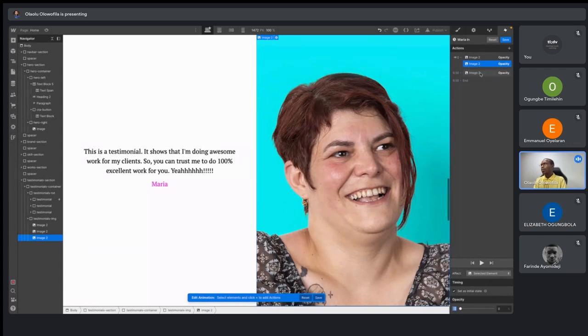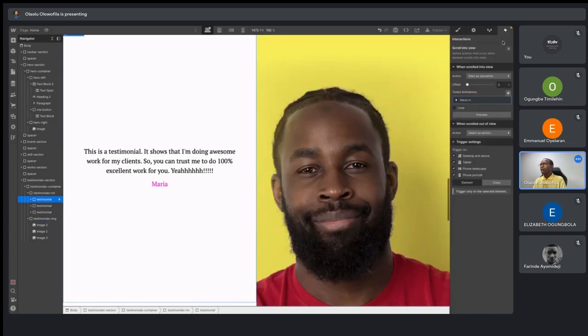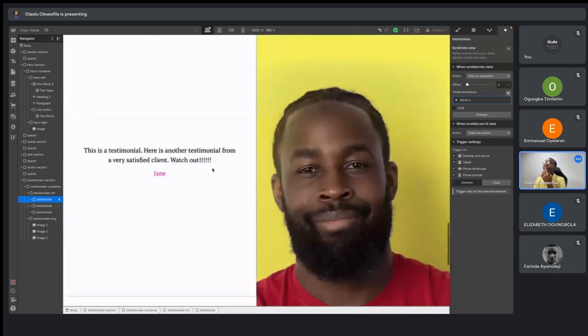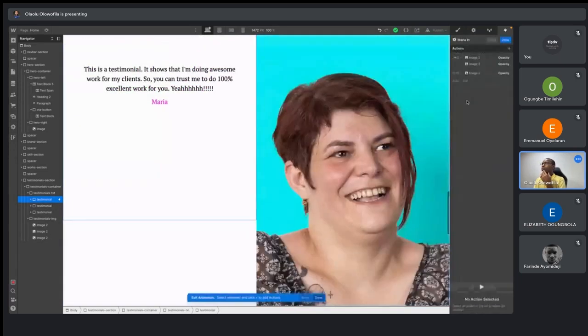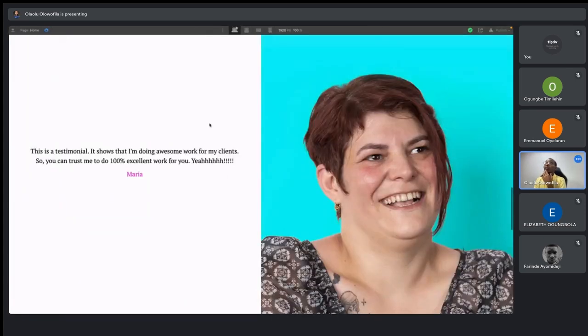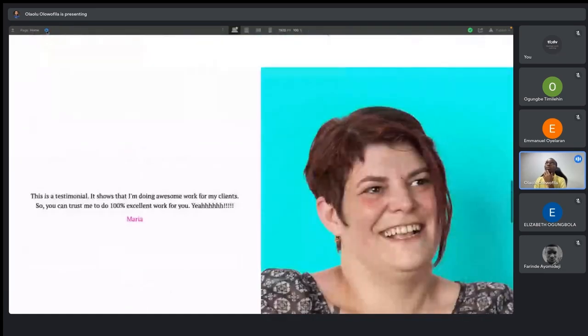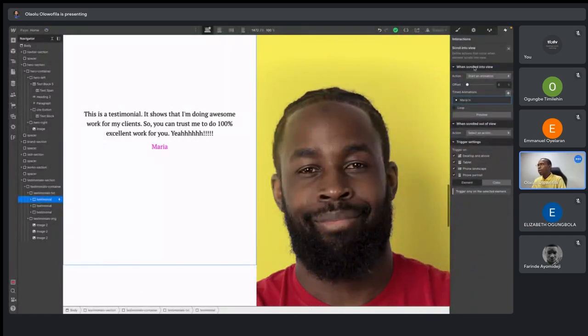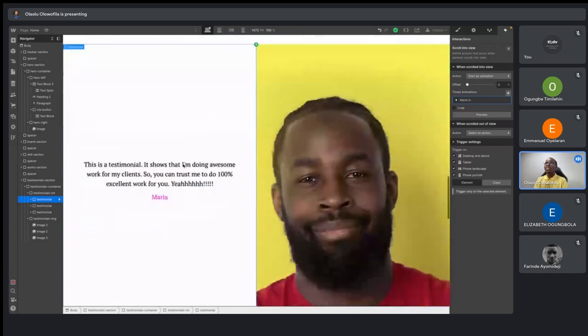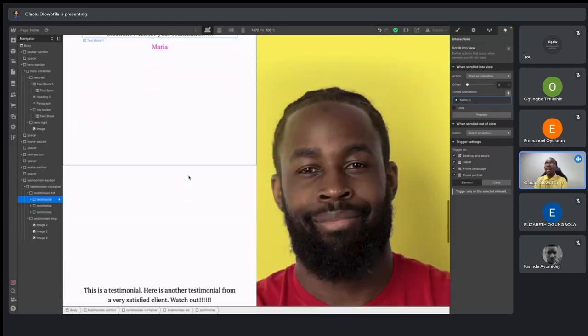So let's do some easing. I will set it to ease. So I'll just leave it at that. And the duration, I will leave it at 0.5. And then I will save it. Now, the first part, how is this showing up? So if you come here, yeah, okay, it's working. So this is when you scroll into view. Now, when you are scrolling out, that is when this text is moving up and the next set of text is showing,